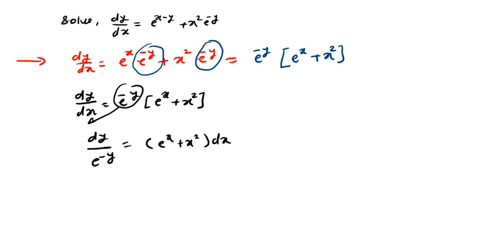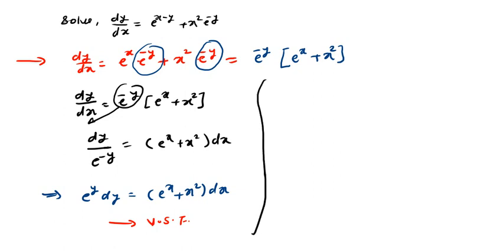Okay, now this, again, I can simplify. The e raised to minus y will go in the numerator as e raised to y into dy equal to e raised to x plus x square dx. Now this is our differential equation in variable separable form, so that we can find its solution. Okay, and its solution is given by